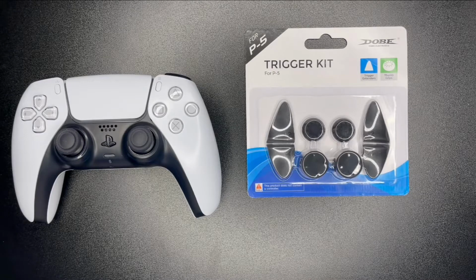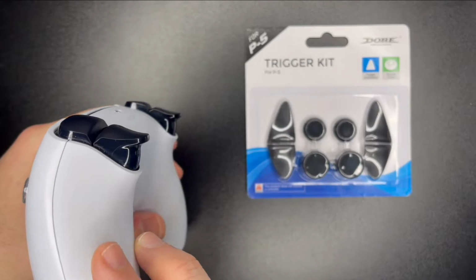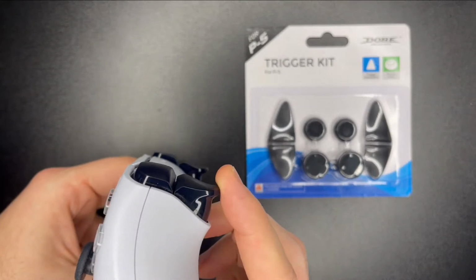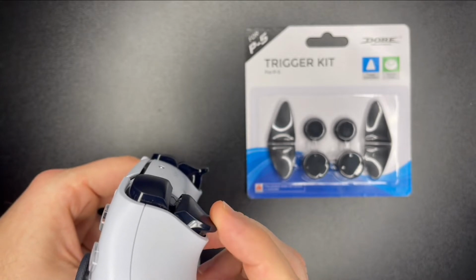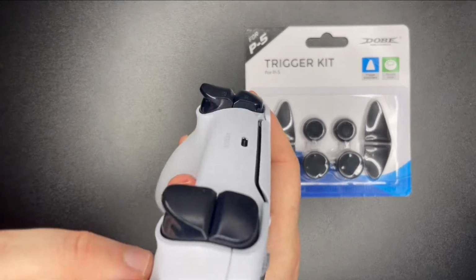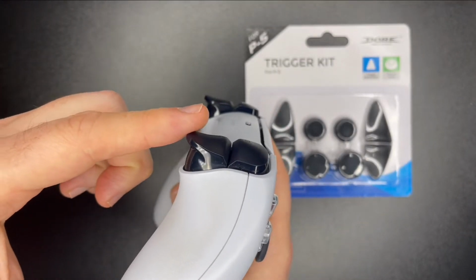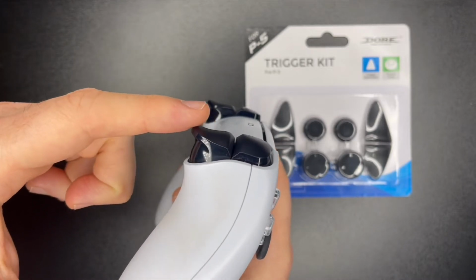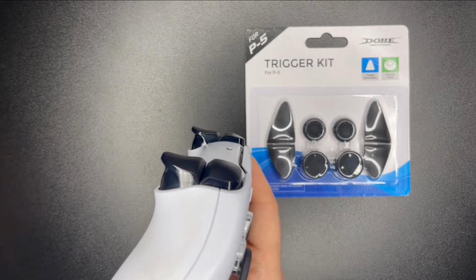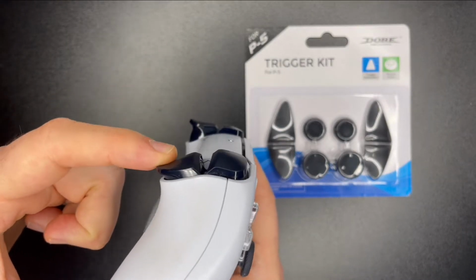So the thing with PlayStation controllers is this. You have obviously haptic controllers, it's a lot of vibration. PlayStation has put a significant amount of effort into the travel of the back buttons here, the R2 and the L2. And a lot of games, Ratchet & Clank is a perfect example, Call of Duty, Black Ops Cold War, just to name a few, even Returnal, use these buttons as more than one button press. So what I'm saying is there's a half button press to do something and then a full button press